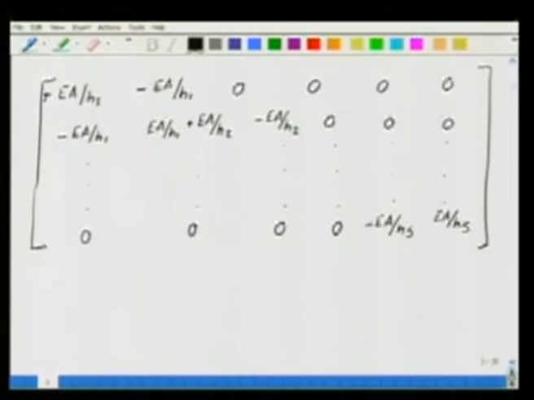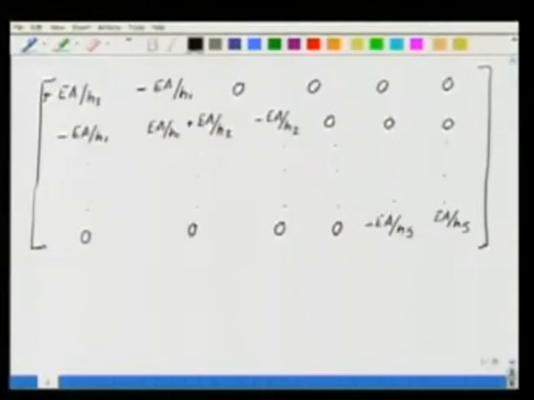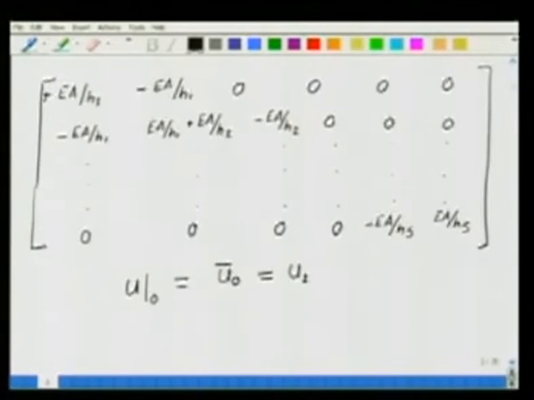So if this is our global matrix K, this into the U was equal to the F. Now here you see that nowhere have we really taken care of the value of U1, that is, we have not imposed the fact that the value of U1 has to be equal to the specified value. Let us now be a little bit more general. We will say that U at 0 is given the value U0 bar. From what we have done earlier, this will be equal to U1. So how do we impose this in our solution?